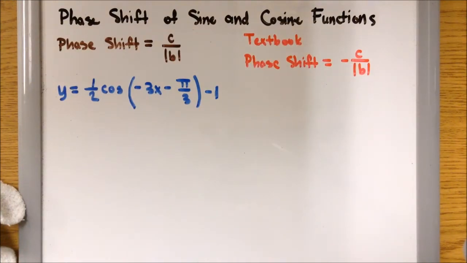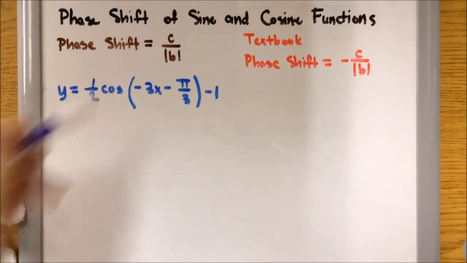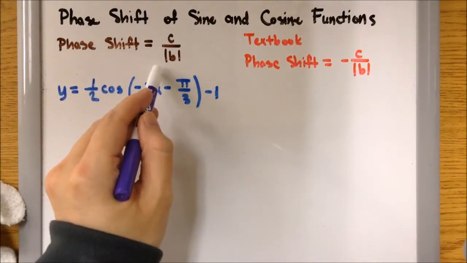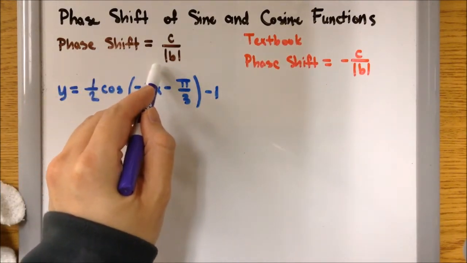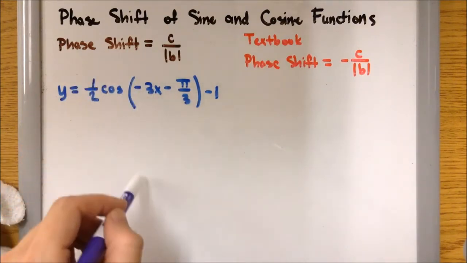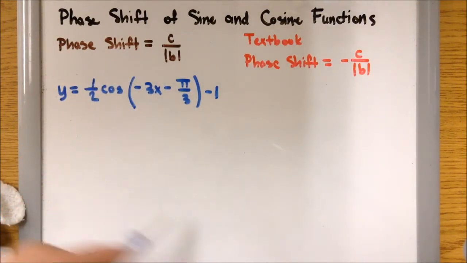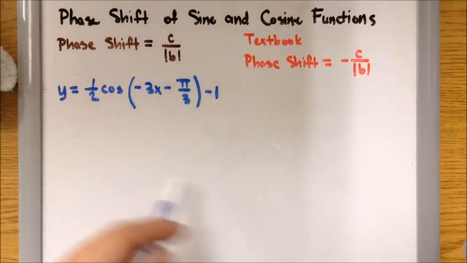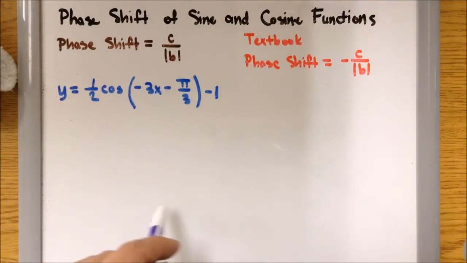So let me explain that. Now, in the previous examples that we've done together, in the previous videos that I have done, I said to get the opposite sign of c. So, if you get the opposite sign, then you follow this definition, just c over absolute value of b. Now, you'll see later on why we get the opposite sign of c, so that it ties